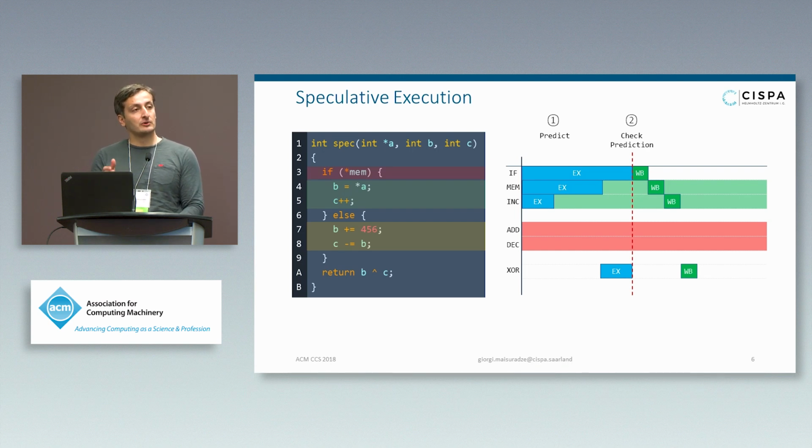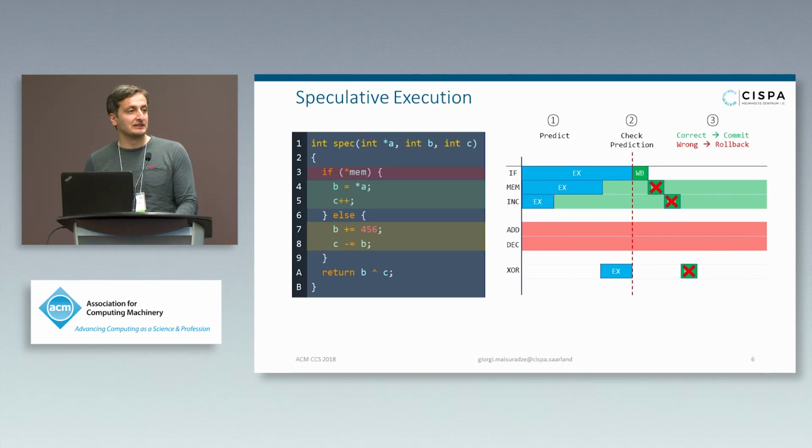And at this point, we know if our initial prediction was correct or not. If it was correct, this means we have executed the correct set of instructions. We write the results back to architectural state, and we are done. However, if the execution or prediction was wrong, this means that we have executed instructions from the wrong path, and